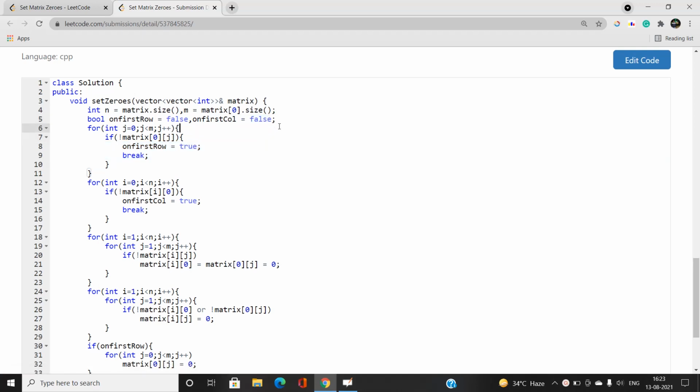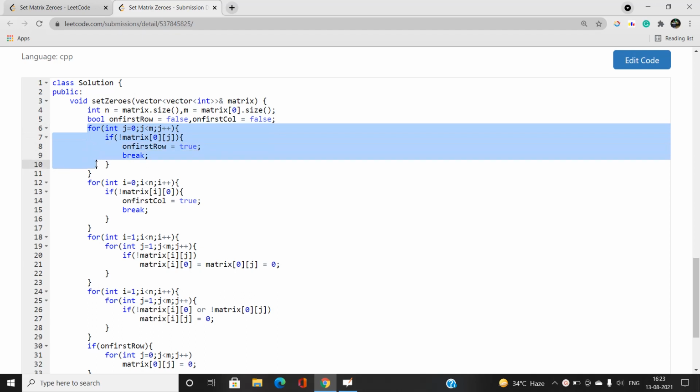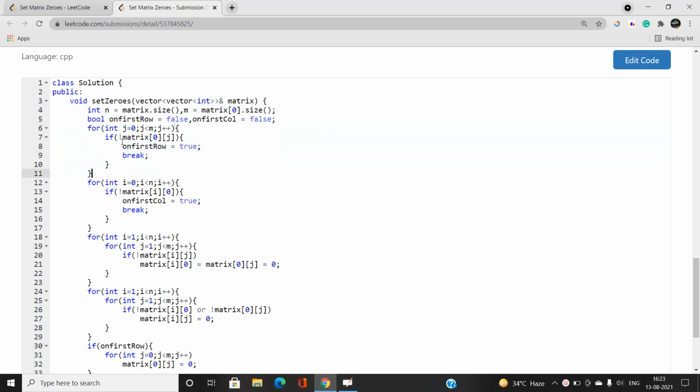You can see I am iterating over the very first row, and if there exists a 0, we mark the first row boolean variable as true, which says that yes, there exists a 0 in this row, and later on we mark all the cells lying on the first row as 0. Similarly we do this for the column.